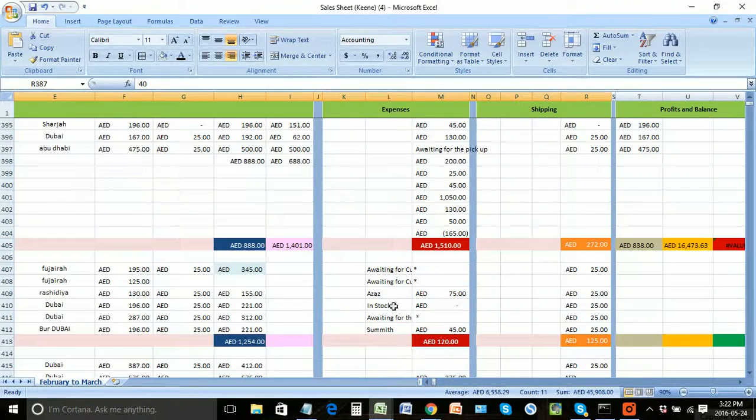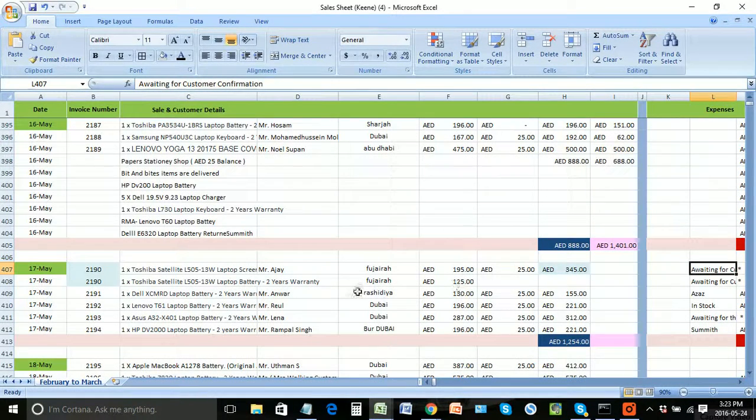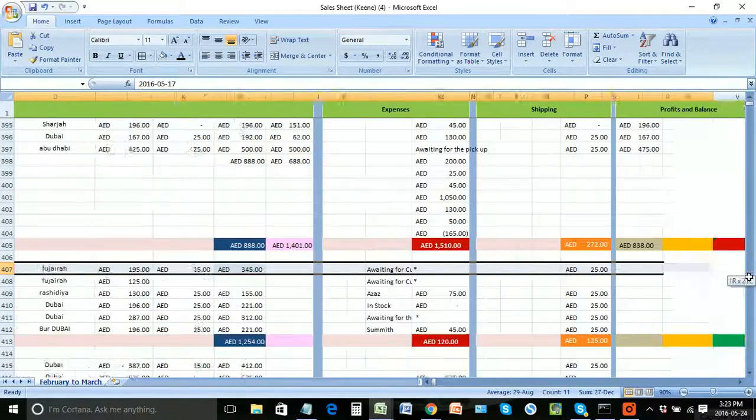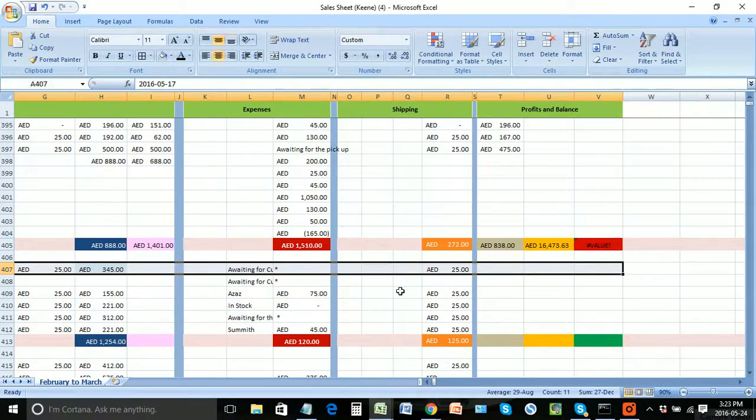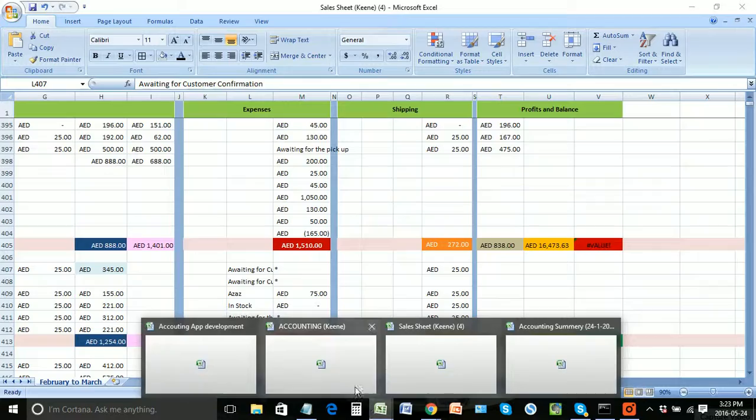Having waiting, see, it's crazy. Waiting for customer confirmation means we haven't sold that item yet. So why do we put that here and make the numbers go crazy? That doesn't make any sense. So this shouldn't be here. We have to wait until we sold and completed the sale, and only then put that data. So Keen, please